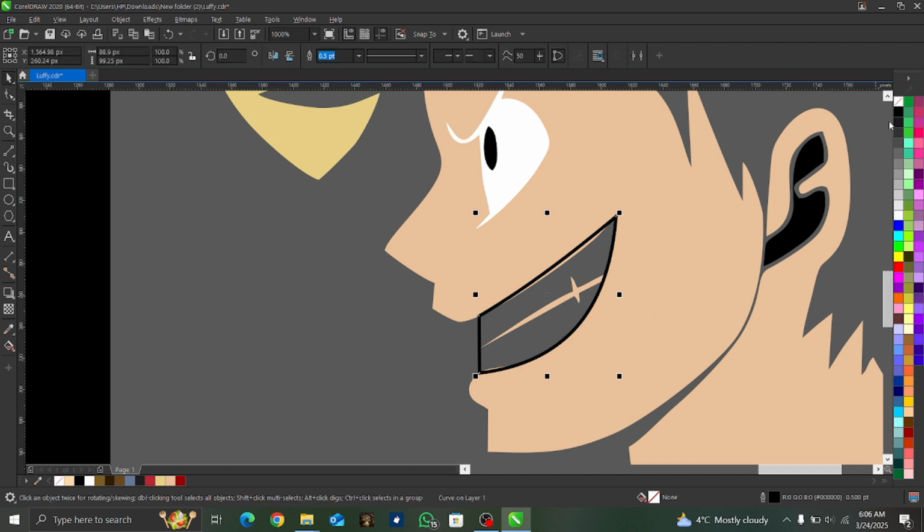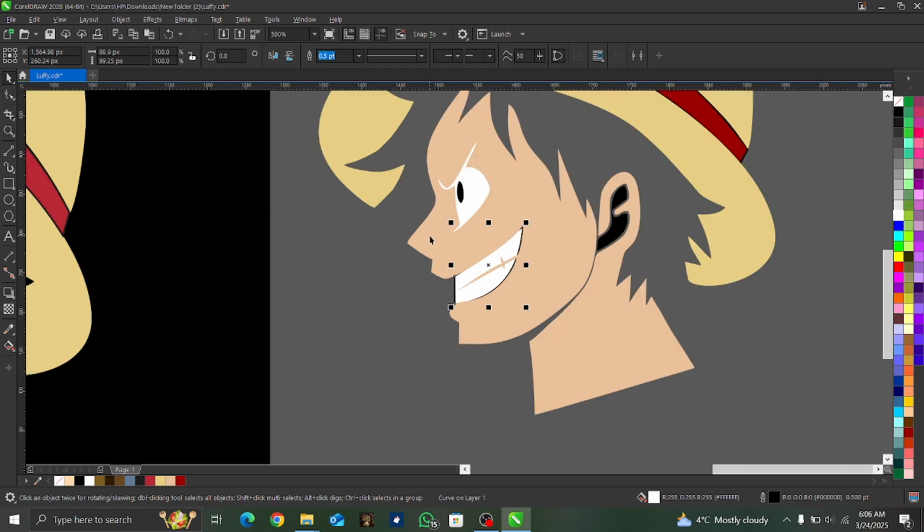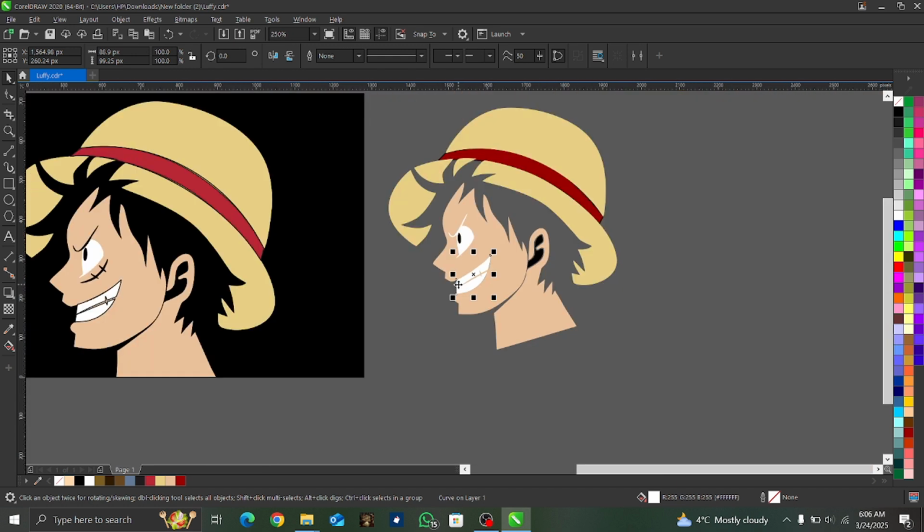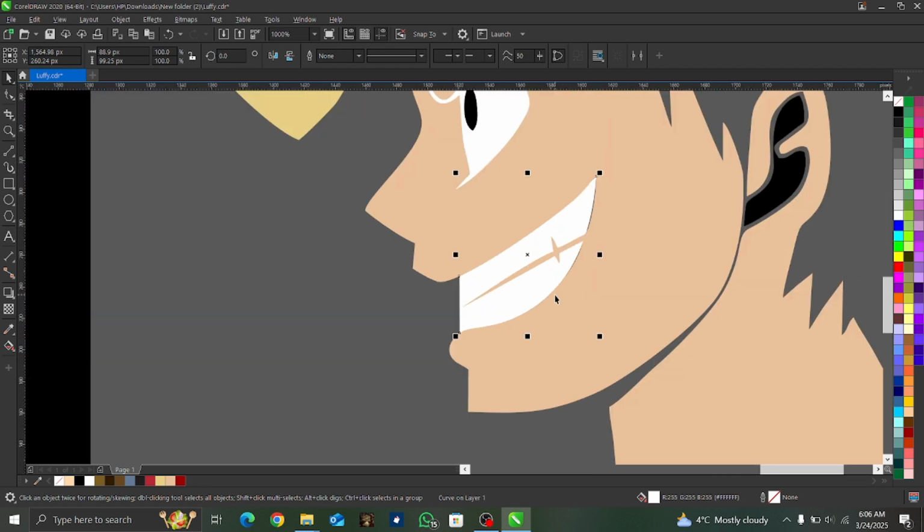I give this a black color, sorry, a white color, and I take it down again, just control page down. I remove the outline. Oh, it's actually like a black outline. So I keep the outline back,